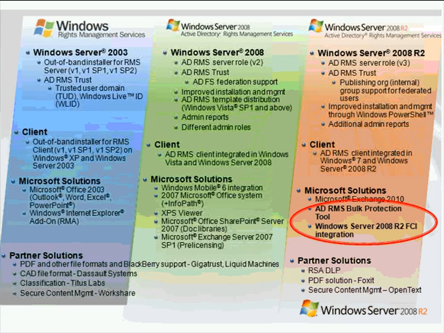Now let's talk about rights management services, because today's topic is rights management services and the file classification infrastructure. So before moving on to my first demo, let's talk about rights management services. In this slide, we are talking about the Windows Server 2003 era, where we had features like AD RMS trust, trusted user domain. Again, we had Windows Live ID, which you can still use as an option. Then at the client end, we had XP and 2003 server, and the solution we were using, that is the